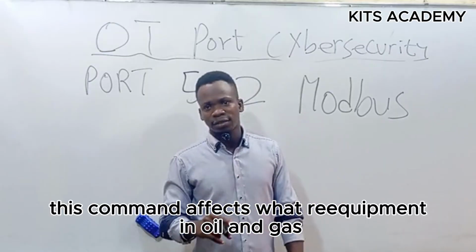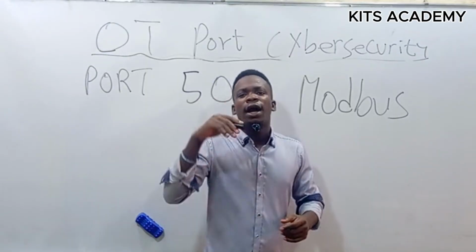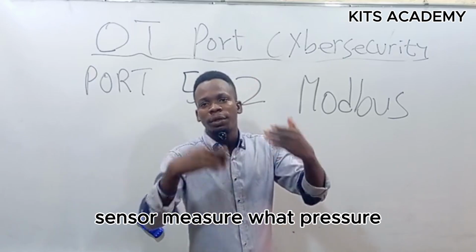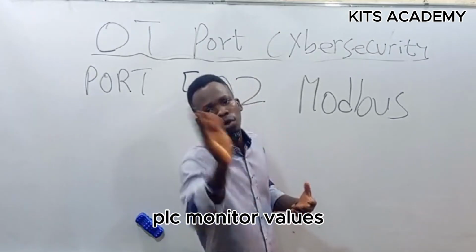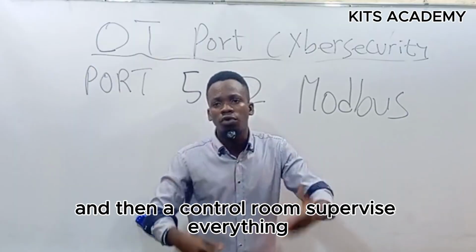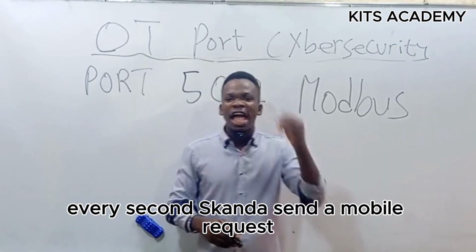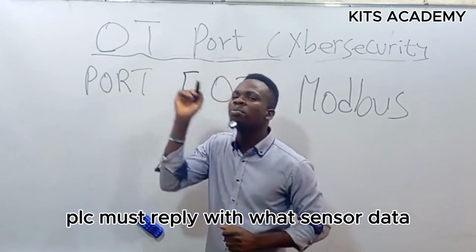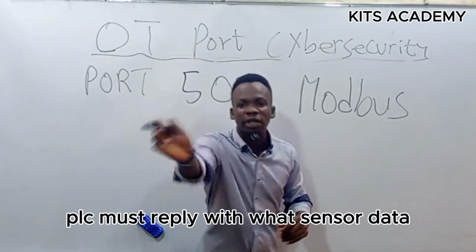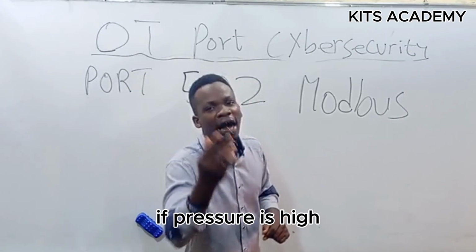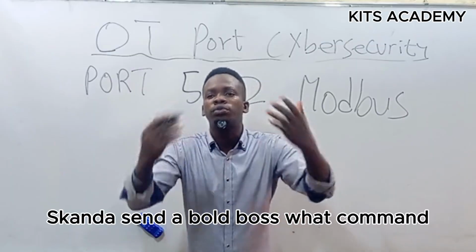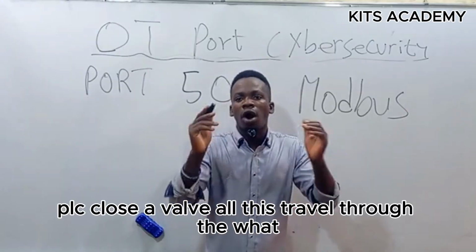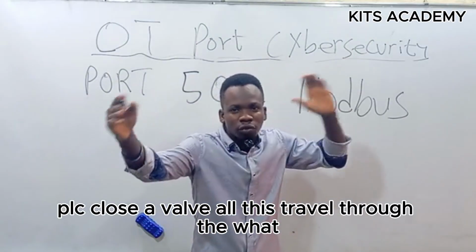In oil and gas, as an example, imagine a crude oil pipeline. Sensors measure pressure, a PLC monitors values, and a control room supervises everything. Every second SCADA sends a Modbus request. The PLC must reply with sensor data. If pressure is high, SCADA sends a Modbus command. The PLC closes a valve. All these travel through the port